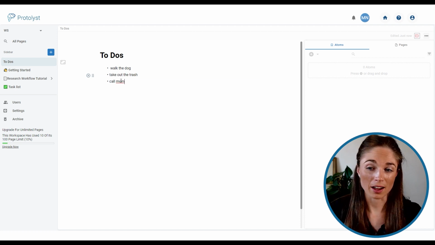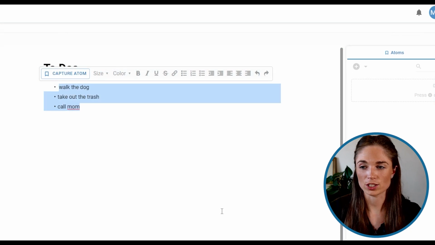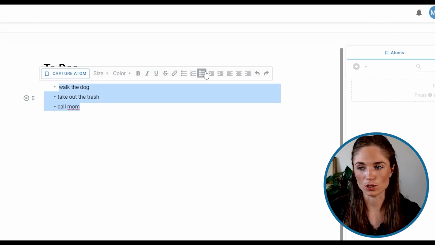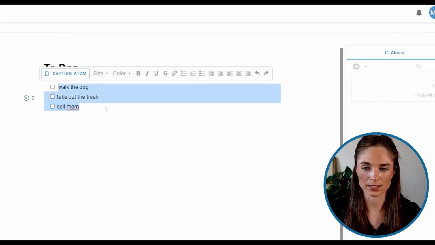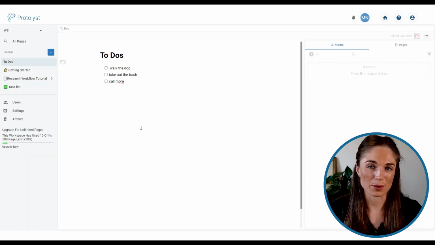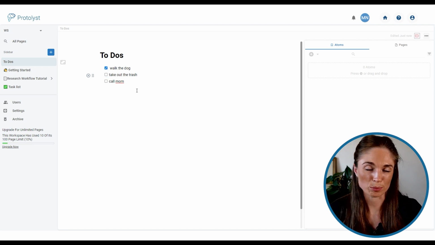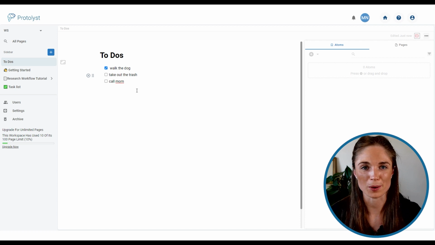And I can highlight this text and change the type of the bullet points to have a checkbox next to them. And so as I then work through that to-do list and can cross them off, I can use this checkbox to tick them as and when they're complete. And so this quick checkbox list might be useful for you if you use a daily note or something similar to capture all of the thoughts that you have while you're working, or to plan out your day with a